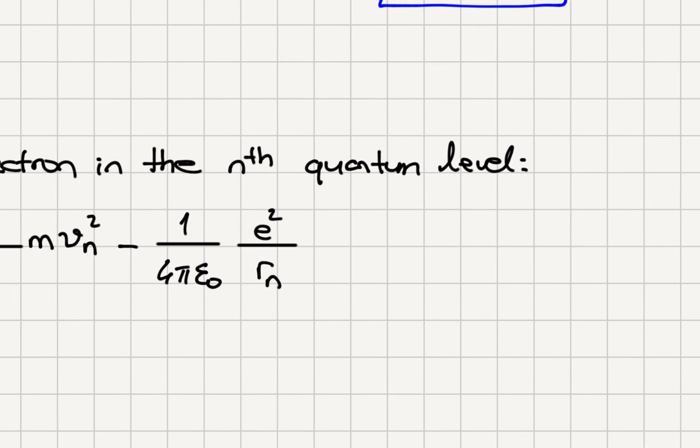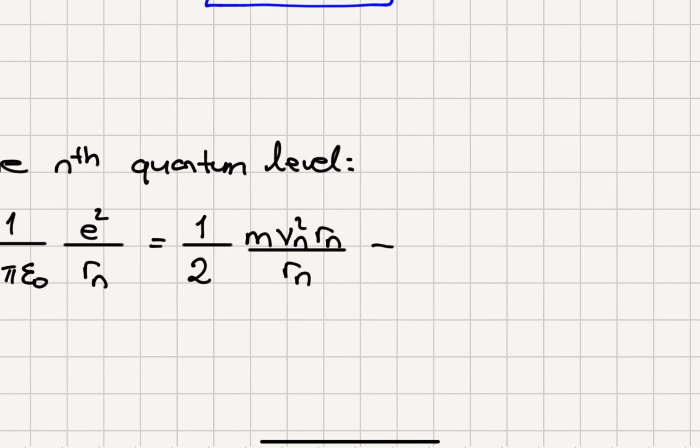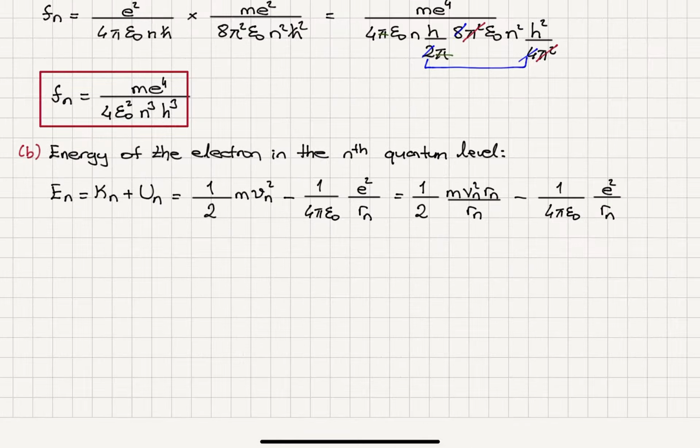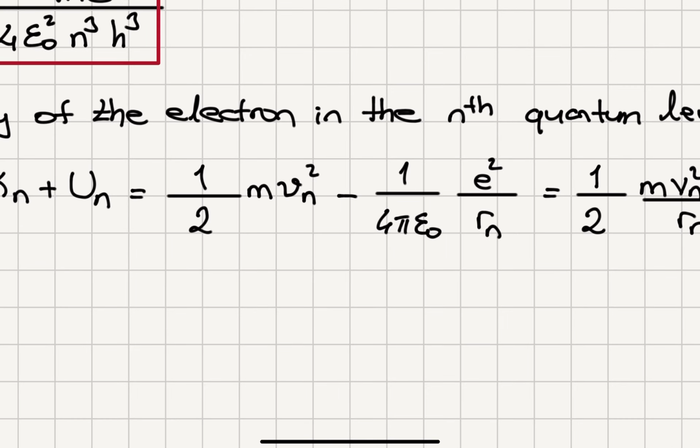Okay, and potential energy. Now we can divide and multiply by r sub n for the first term. So we will have 1 over 2 m v sub n squared r sub n divided by r sub n, the kinetic energy, minus 1 over 4 pi epsilon 0 e squared over r sub n for the potential energy. And this is equal to,